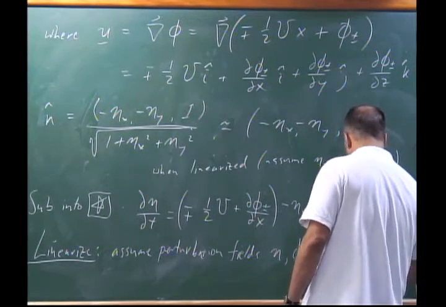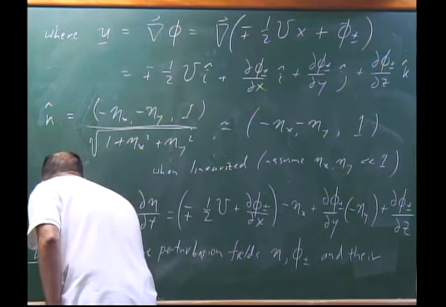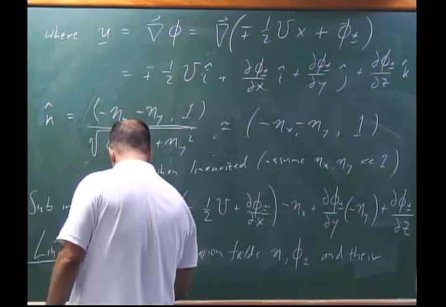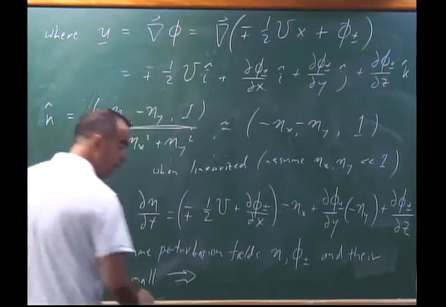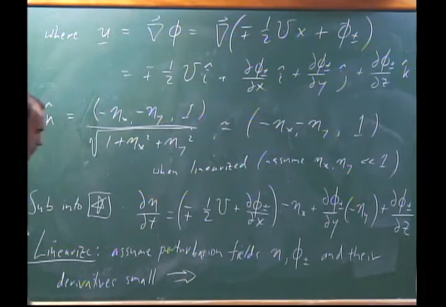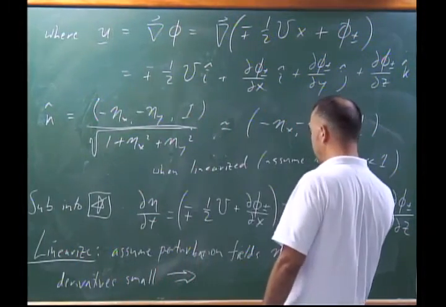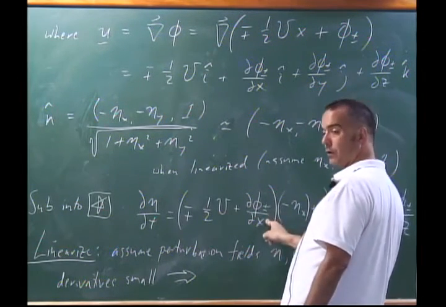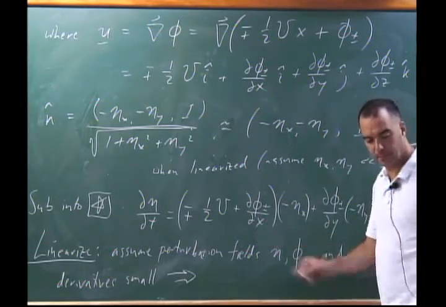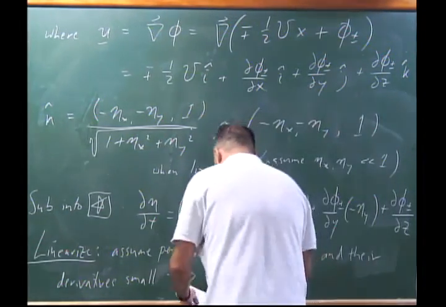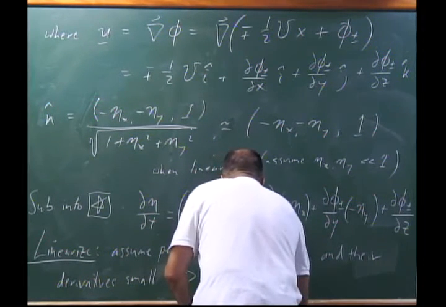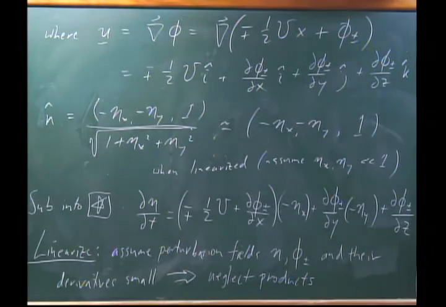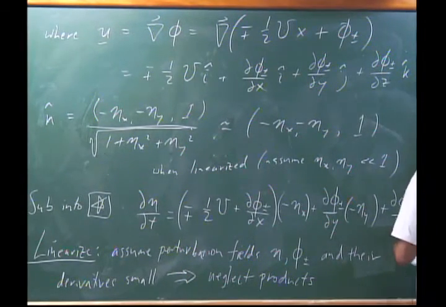So we assume that these quantities and their derivatives are small, and whenever we see products of them, we neglect them. So here, for example, this term dies completely, and this term is also going to die. Okay? So whenever we see products of these small quantities, we can neglect them. Okay, so then what emerges